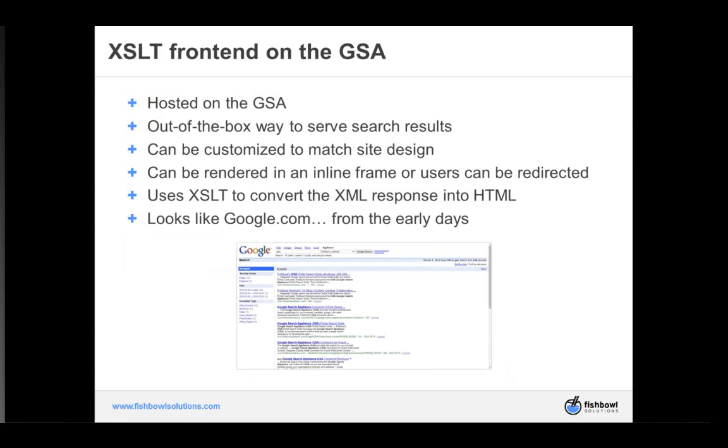So this is hosted on the GSA. It comes out of the box when you buy the search appliance. This is the built-in way to serve results off of the GSA itself. This can be customized to match your site design, so you can change the font or change the header. It can be rendered, if you're thinking, okay, well, how do we serve it up in a